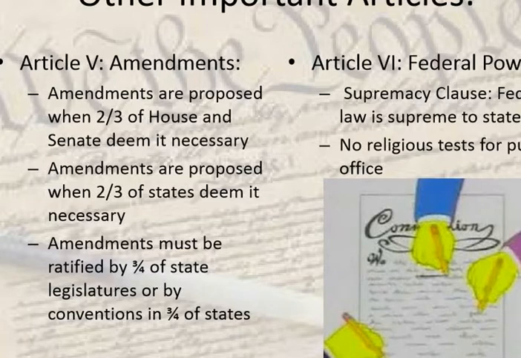Amendments can also be passed outside of Congress, and it's called another constitutional convention. And if 2/3 of the states agree to call a constitutional convention, then that is called. It doesn't matter what Congress says. It doesn't matter if they don't agree with it, if they're mad about it, if they oppose it. It doesn't matter because it says so in the Constitution that is allowed.